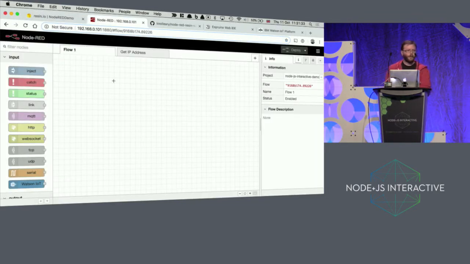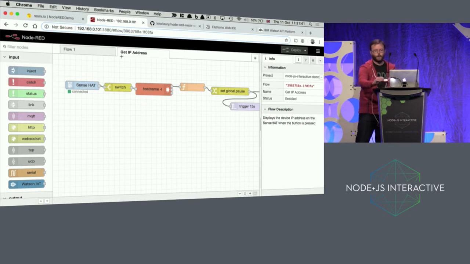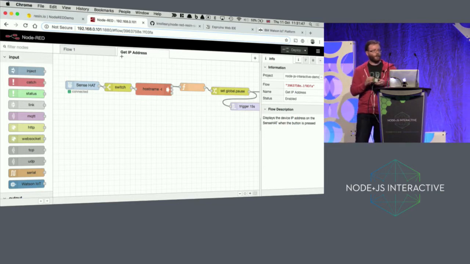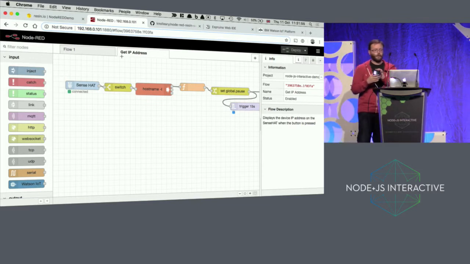This is the window. So here we have the Node-RED Editor running on the Raspberry Pi. I've already got a flow deployed on it, which is a really useful flow when you're doing demos. It's a flow that's listening for the joystick button on the Raspberry Pi. When I press it, it runs the hostname command and then sends it to the display. So when I press the button, upside down, it scrolls the IP address of the device on the screen, which